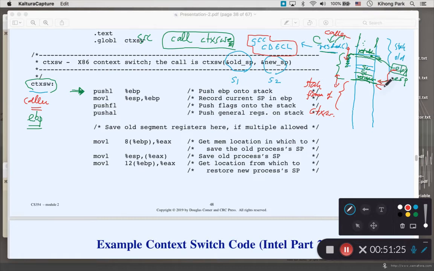So we want this guy to point right here to the boundary. But to say that it points to this boundary means this register will have a different value, namely the address right here, which means it was pointing here, which means that it held the address of this location. If we change that to hold this address, of course, we will lose it. And we don't want to lose it because when context switch returns back to recache, we want to make EBP point from here back to the original place. Because now context switch is done and recache continues to run, and EBP should point to where it was pointing earlier. And that's why if we choose to actively use EBP,